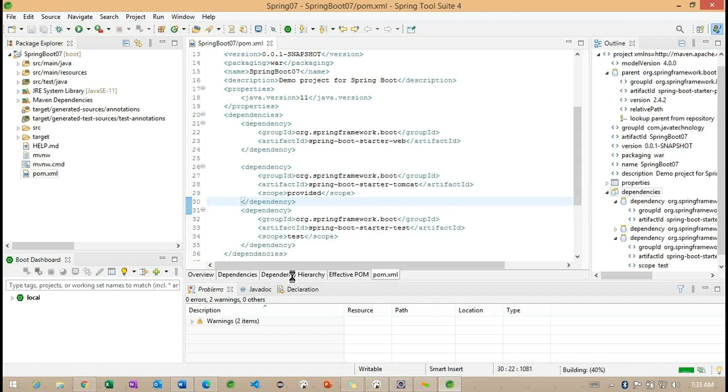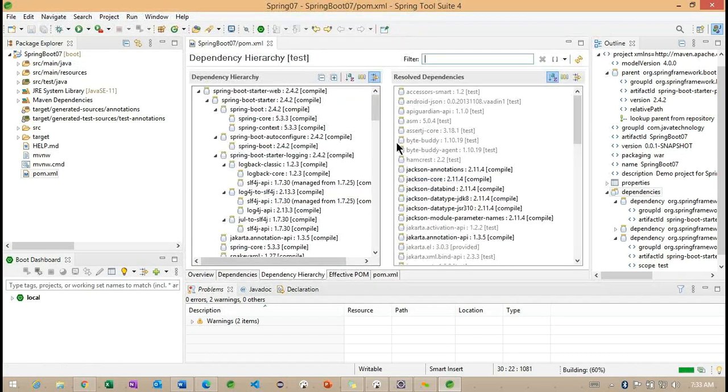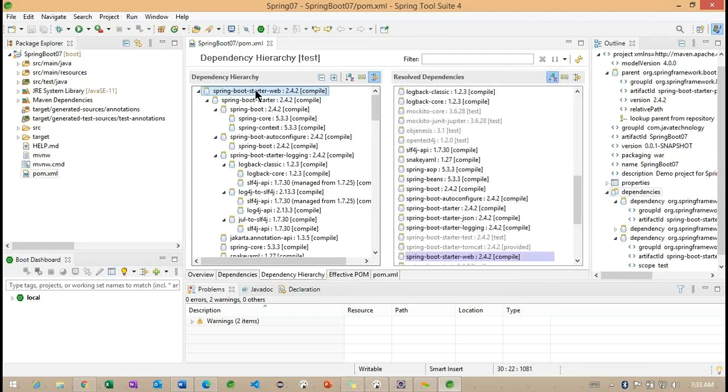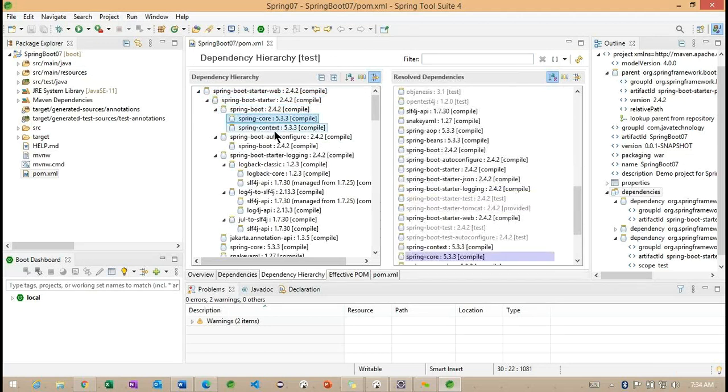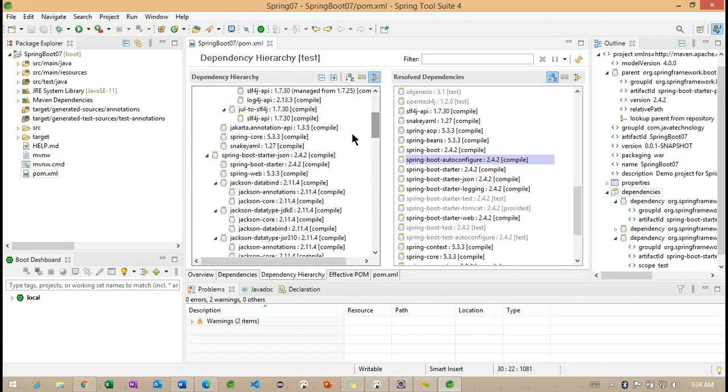Now what we can do, we'll check the dependency hierarchy here. Just check here, whenever we added this particular Spring Web, internally, Spring Boot Starter and Spring Boot Core, Context, auto configuration, one more jar is added. Getting the point. I explained auto configuration just now. Based on this particular auto configuration jar, we are going to get the auto configuration information. So these are the logging frameworks here.